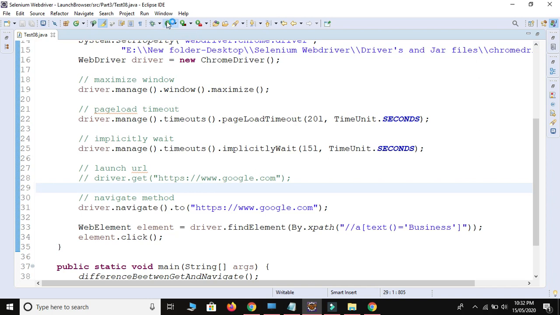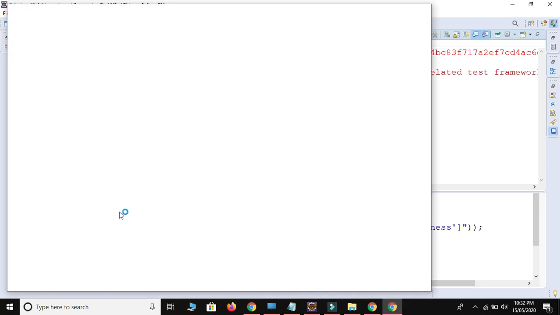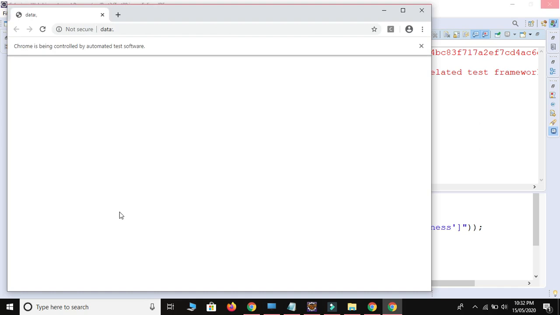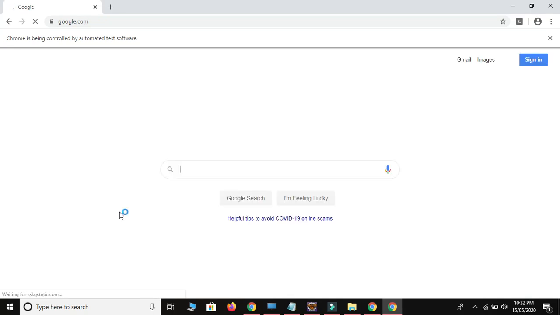So let me run this code first of all, and I will show you. Click on the run. Okay, it will run our script. It will launch the Google by using this navigate method, and then click on the business button on the Google's home page. Okay, just wait for the execution, and then I will show you what should be the next step to perform some backward and forward activity based on the requirement.